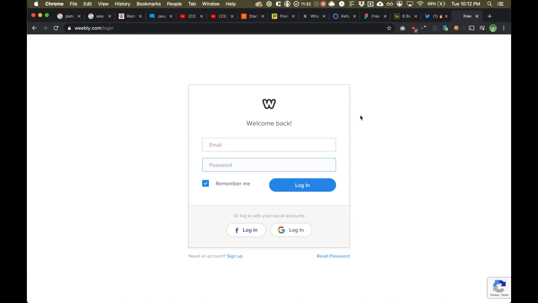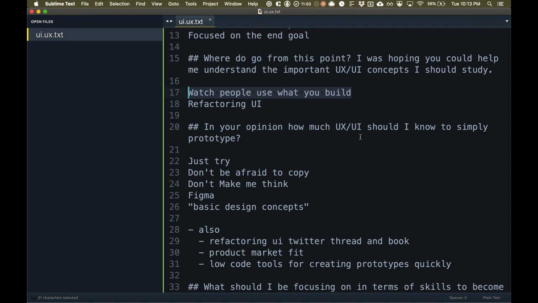So things like that, you're only going to get once you watch people use what you've designed. And you just got to watch them over and over again, have them fail over and over again. You're going to learn those little lessons that are going to give you an advantage over everyone else who's designing and building web apps.